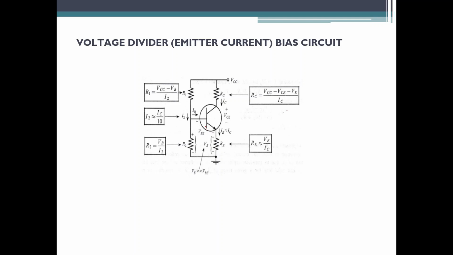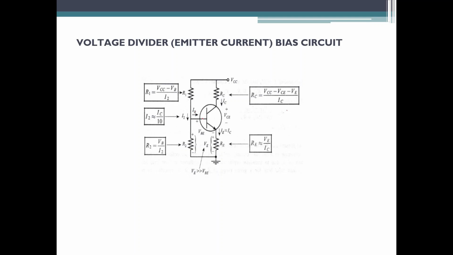But before getting into that, we have some things to remember here. All the formulas I have written here come from applying KVL to the outer loops and inner loops of your circuit. So we get a formula for RC, for RE, for R2, for R1, and for I2. So we get a lot of formulas here. The current flowing to the collector is IC, and the current flowing to the base is IB. So we get a lot of formulas when we actually apply KVL.